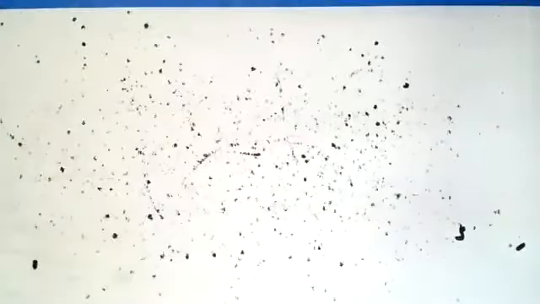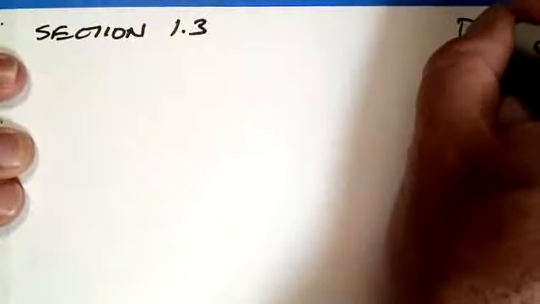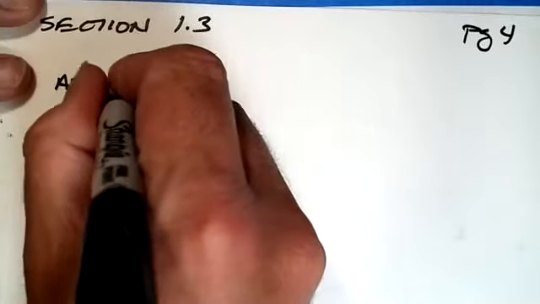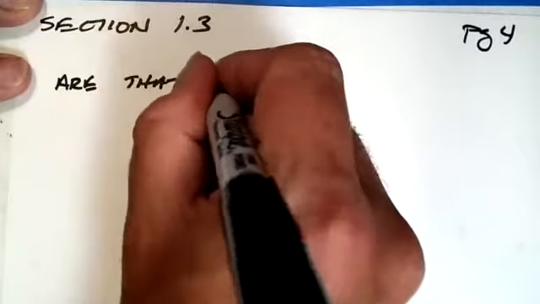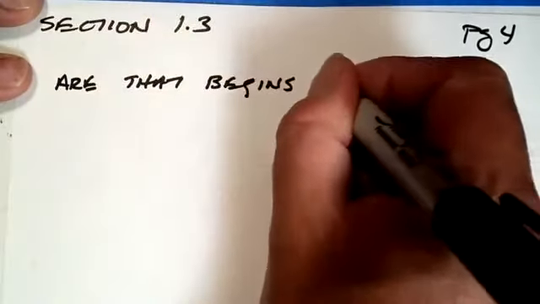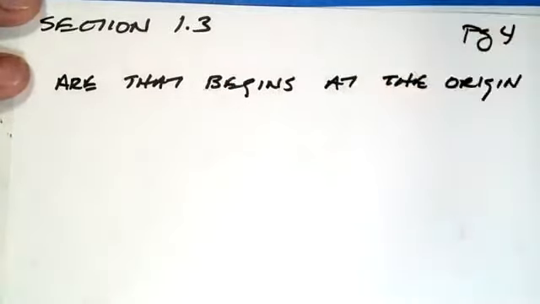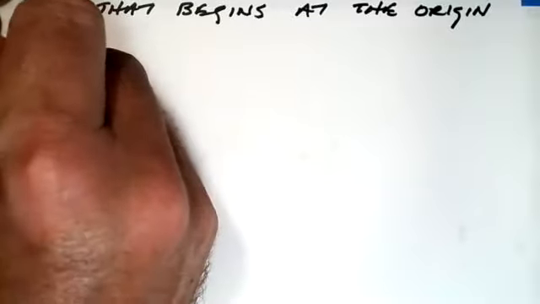Okay, so let's move on to a similar kind of problem, but it's set up in a whole different way. Let me just talk a little bit about how you would geometrically or algebraically describe a ray. A ray that begins at the origin, so its initial point is the origin, can be described